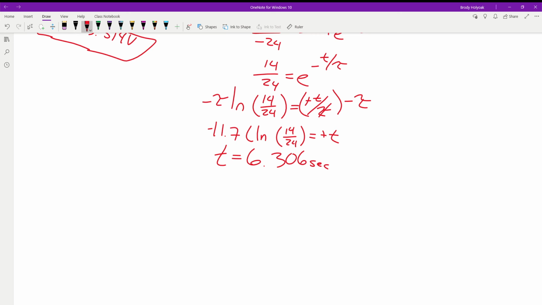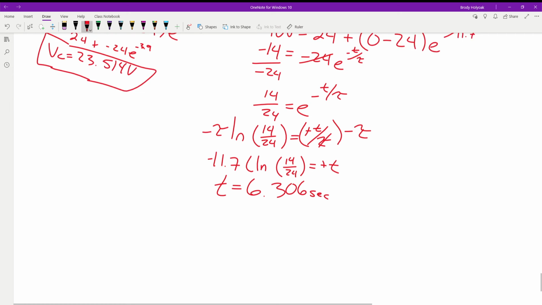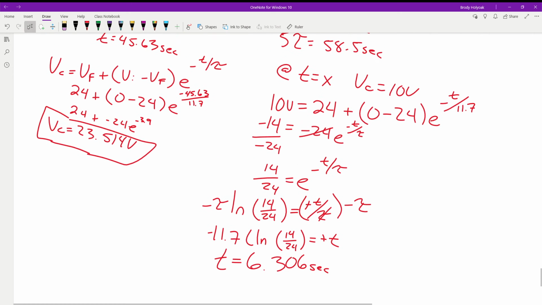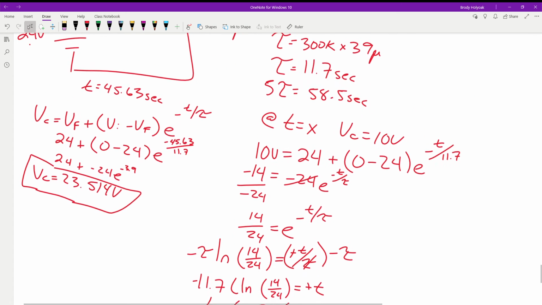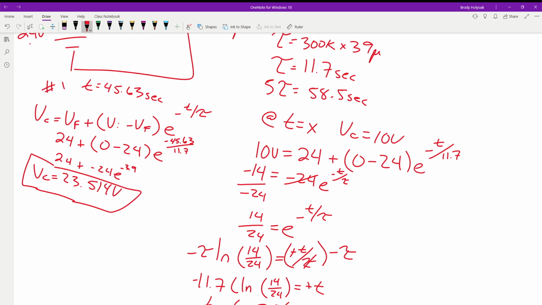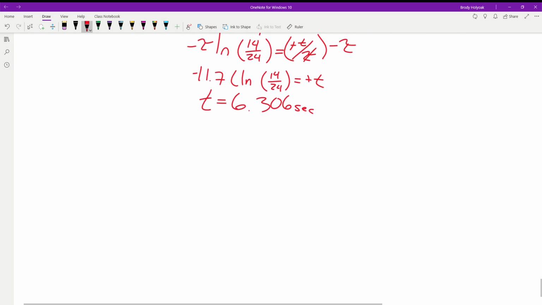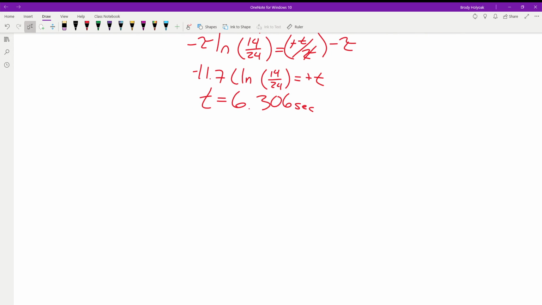Another part of the question is, okay, we want to know how long it takes to go from 10 volts to 20 volts when it's charging. So this is our first question. This could be our second question. And the third style of questions that we're going to get is the time to go from